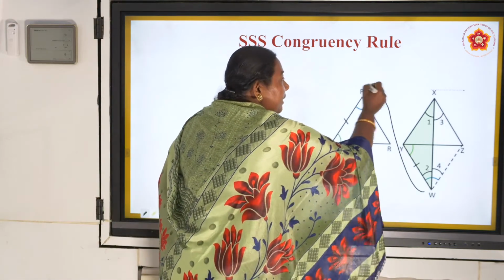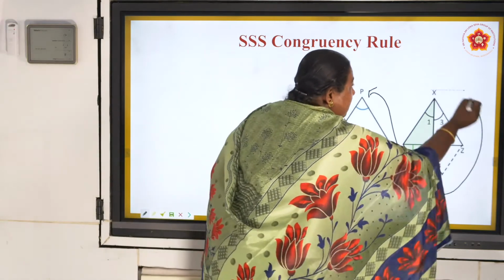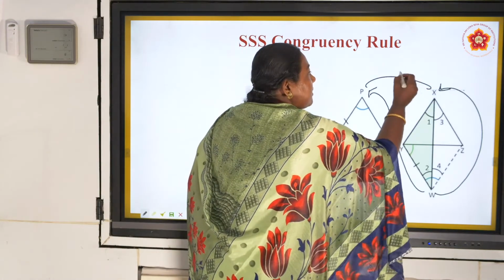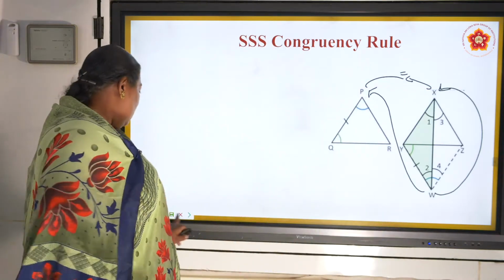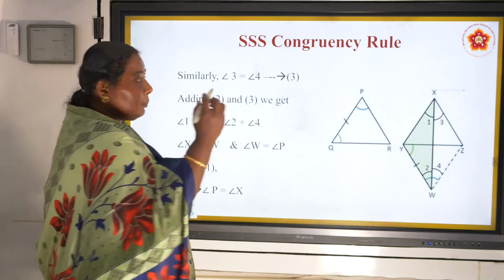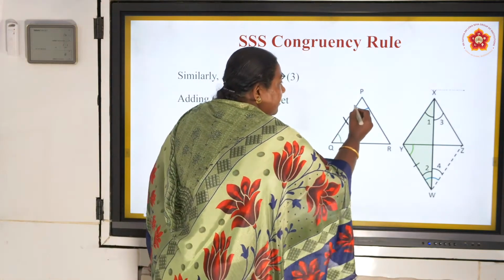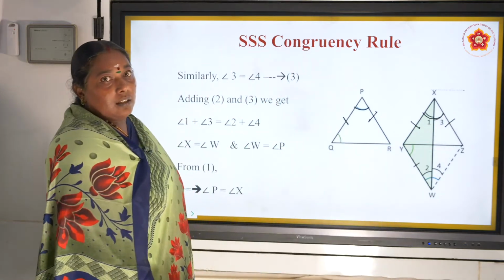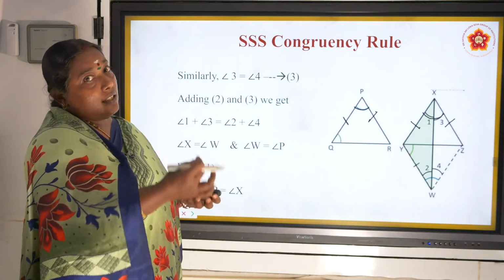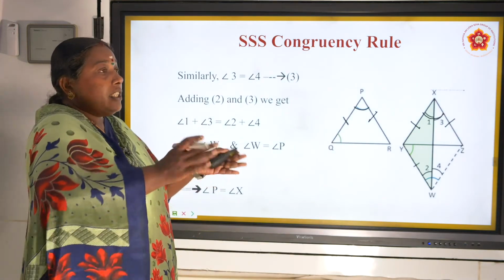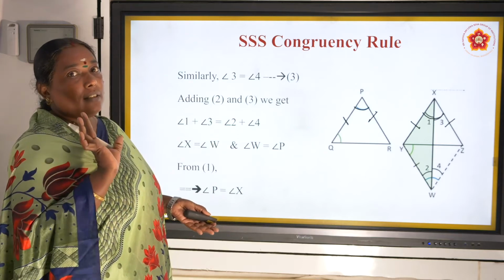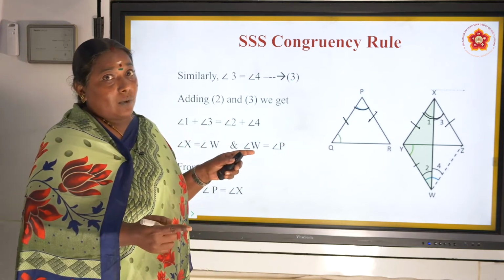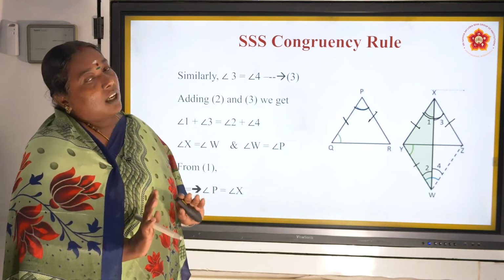W is equal to P by first. Next, W is equal to X by second. Now last, P and X are equal. That's all. That is how we came to the position that side angle side, side angle side are equal. It leads to the position SAS congruency. That's all. We reached the destination, congruent. Okay, we started with sides are equal, but we reached the place where the triangles are congruent.